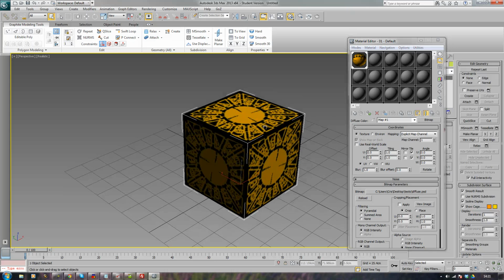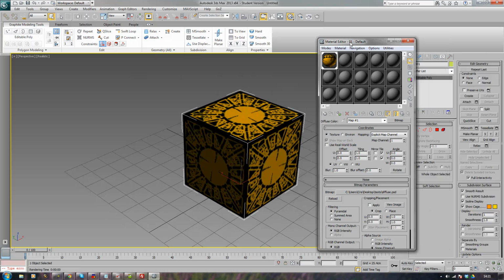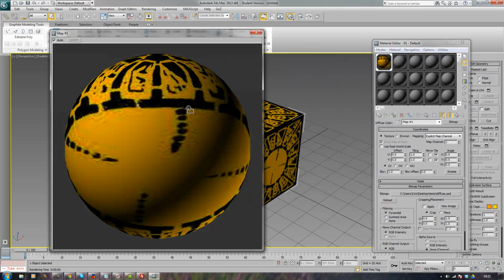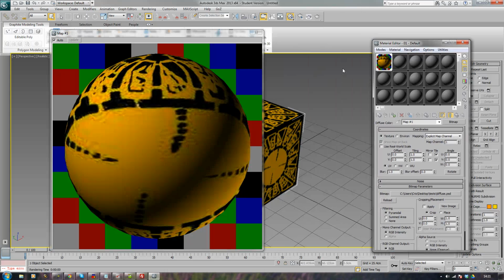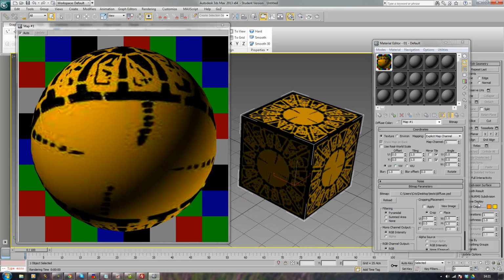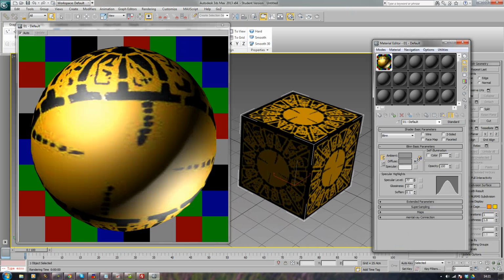Now if I do a fast render, nothing special. Even were I to have a non-terrible renderer on it, there'd be nothing special there. Let's just open this up a bit. Stick a background on. There we are. And put that there. Okay, now let's just do some simple things to it. It's just a standard material here. So let's up the specular level, so you can see everything's getting shiny here. And then in the map next to specular level,